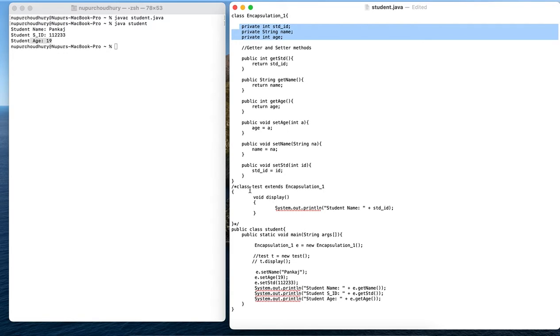Now let us take another example in which I have designed another class here, class Test, and it is extending Encapsulation1. Consider studentID equal to 5.